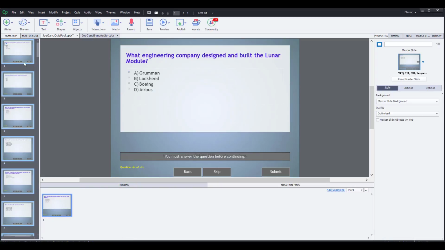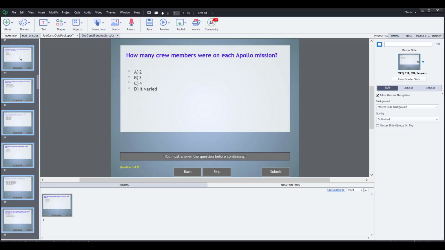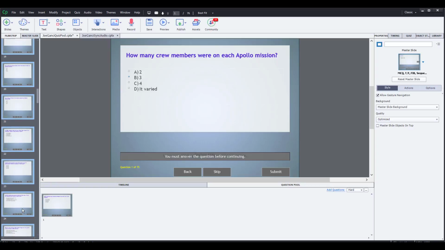And now that actually came out of the film strip. It's not there anymore. It's now down here in the question pool called hard. And if I drop this down, you'll see there are my pools again. And if I click on this one, later you're going to see how you can bring these into a test form. Okay, so I'm just going to, for the moment, choose the first 25 or so, 24 or so,